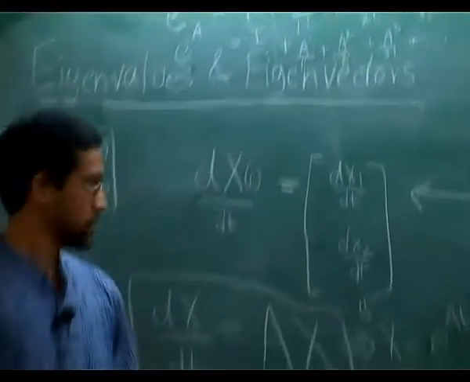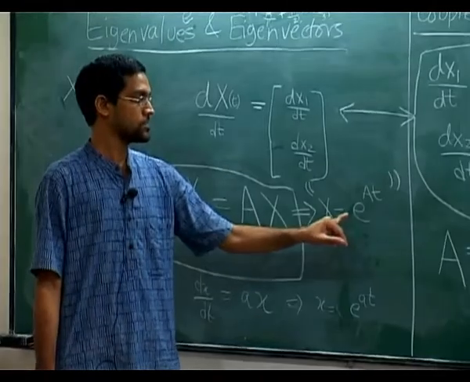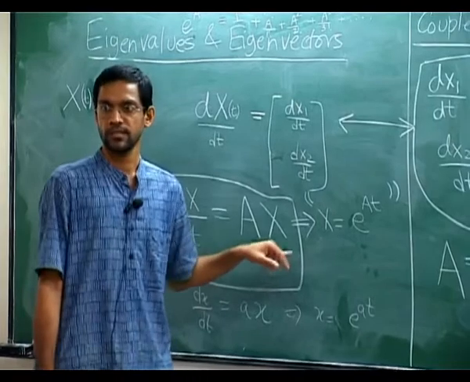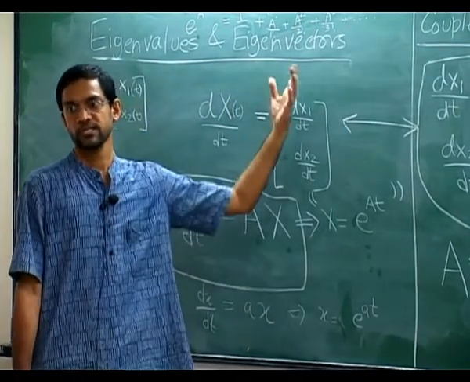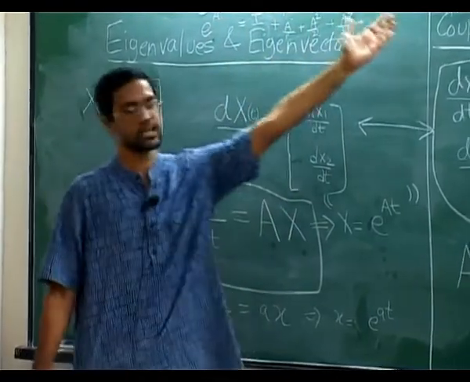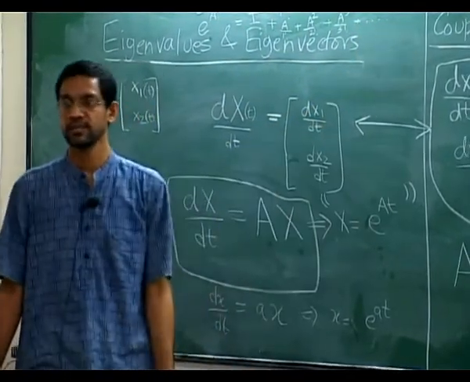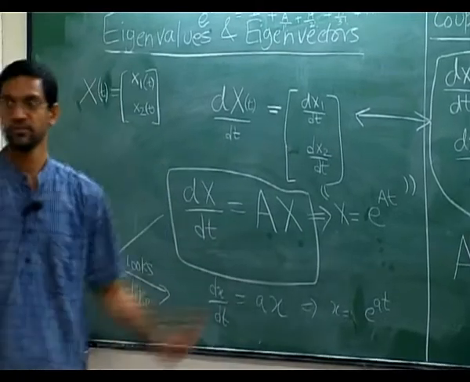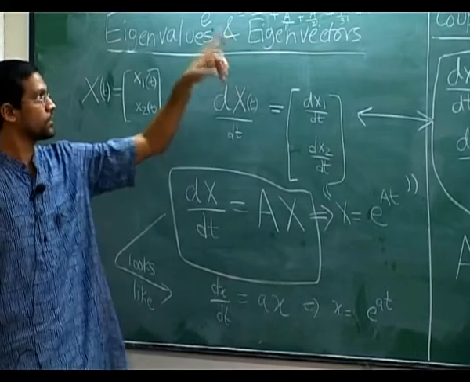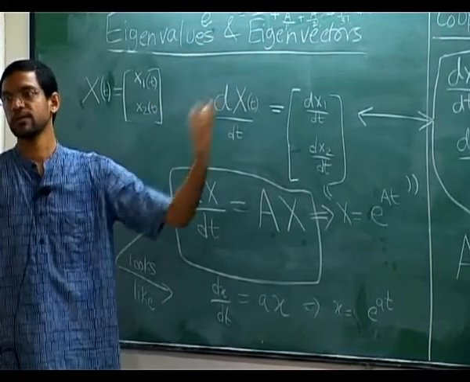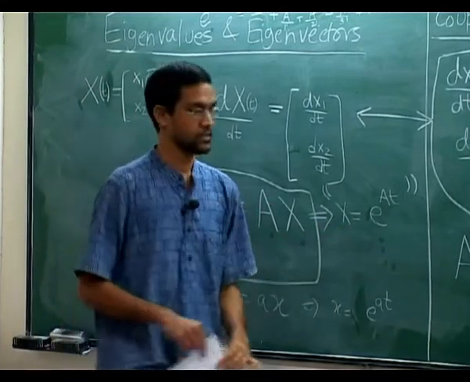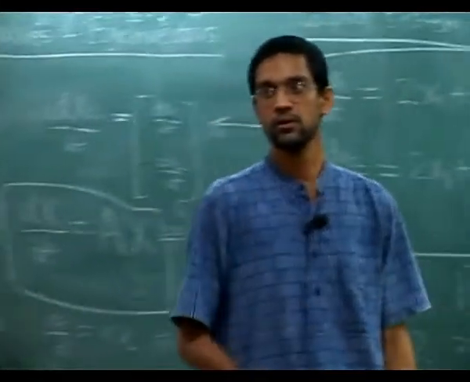It turns out that the resulting series has the property that if you take its derivative, you will just get a times the original series. The same way in which you prove that e power x has the same property. When you take the derivative, you get back the function. How do you do it? You differentiate the series, and you see that you will get back the series itself. If you differentiate the series, what do you get? You get the same series, term by term differentiation. Same thing here. You do differentiation here, you will see that you will end up with the same thing. So here is one answer to this question. You can actually do it the same way in which you solve this equation.